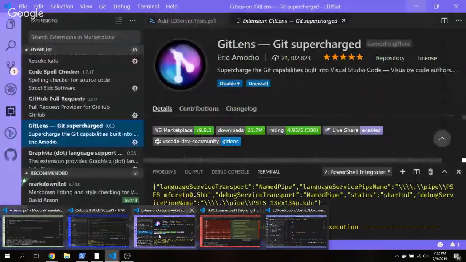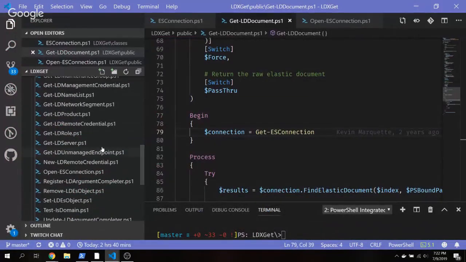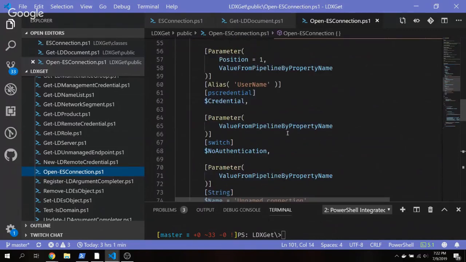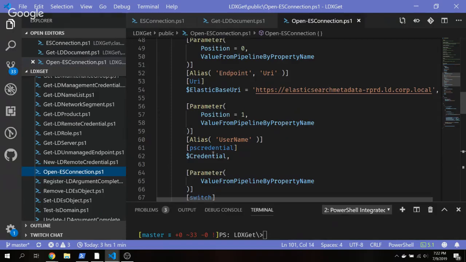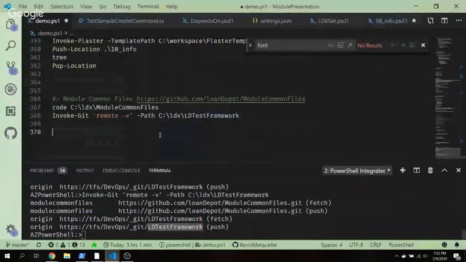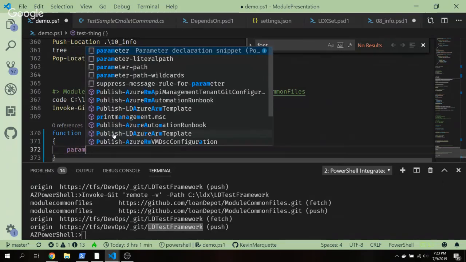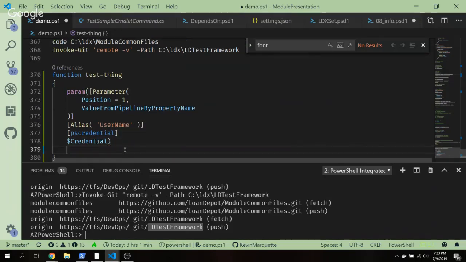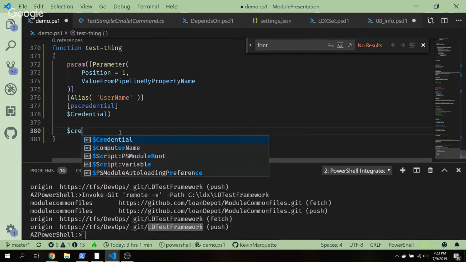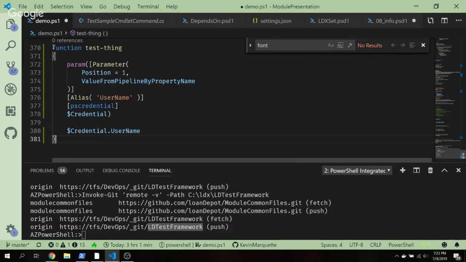Sure can. I think inside this one here, I probably have it open. So here I'm taking a credential as a parameter, and I've labeled it as a PSCredential. Let me drop this into something real fast so we can see it live here. Function Test-Thing, param credential, and then credential dot username. So I think if I run this,